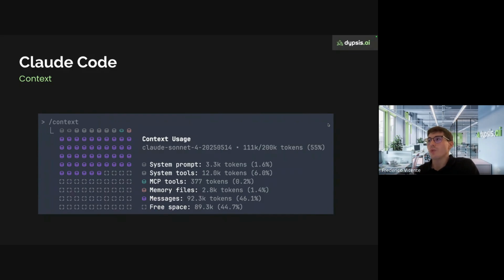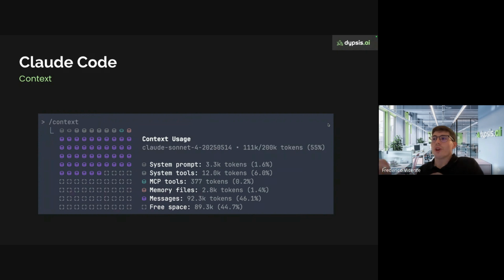I wanted to be very clear about what goes into the context of these conversations and how you can optimize it in some way. So not all conversations have this kind of structure. You have the system prompt, which is a prompt that guides the model itself. In the case of Cloud Code, Anthropic decides what instructions it gives to the model for it to behave in the agentic way that we know.